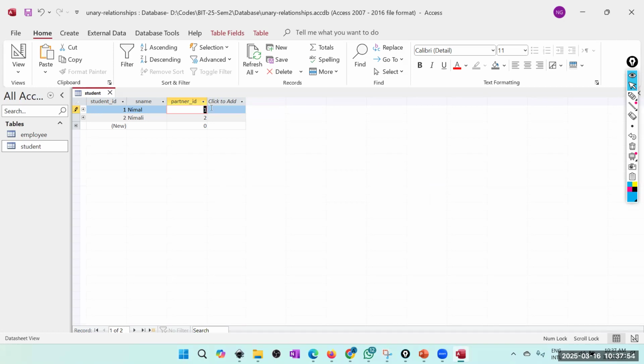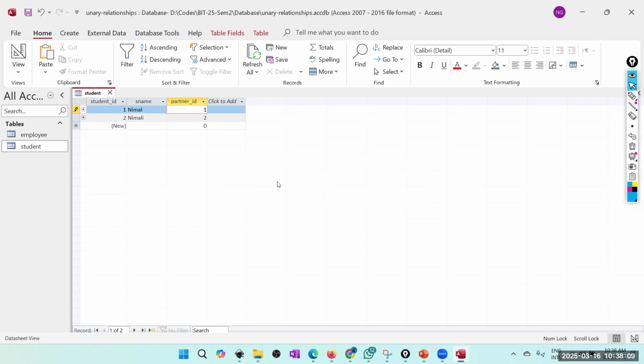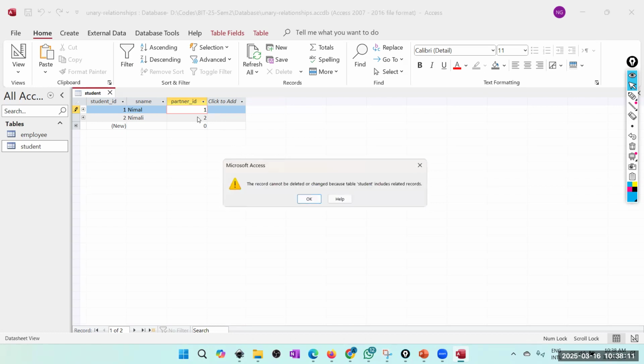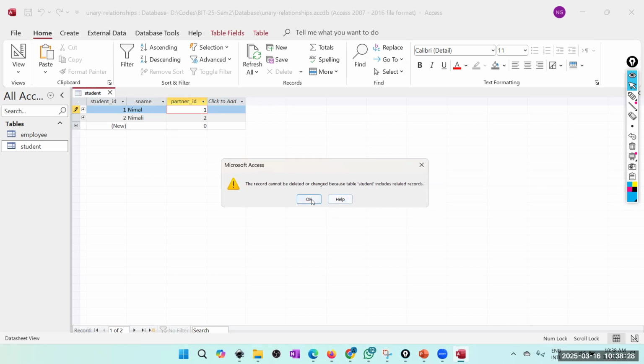Say one is related to two. Why am I getting this? Okay, let's say one is related to one, two is related to two. The record cannot be deleted or changed because table student includes related records. What is meant by that? Okay, I'll say